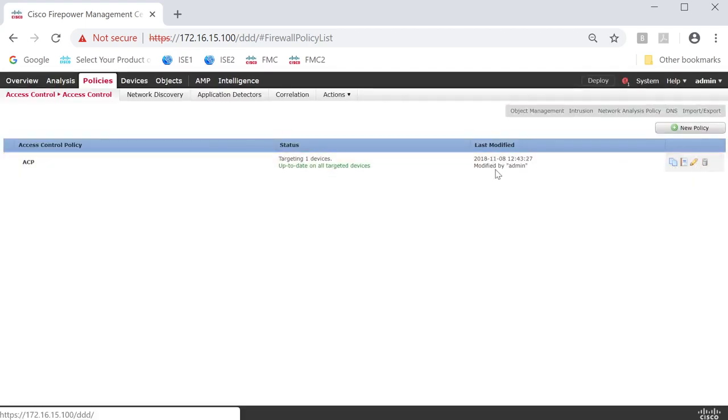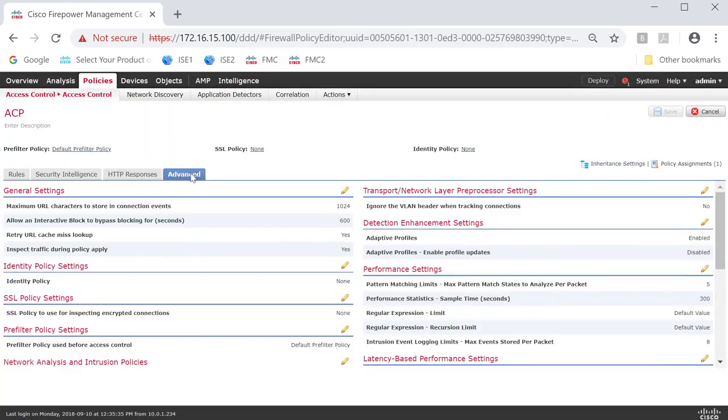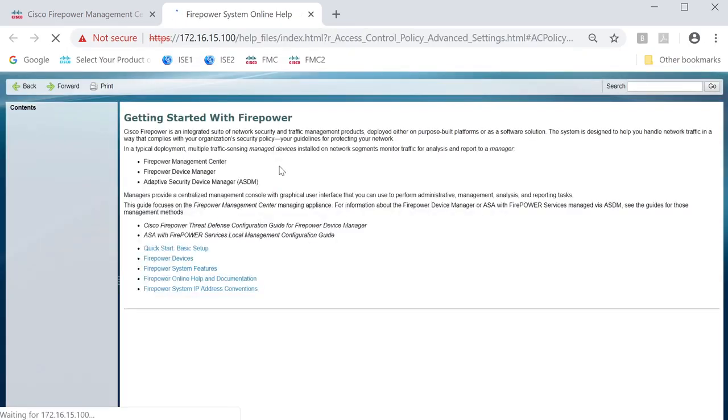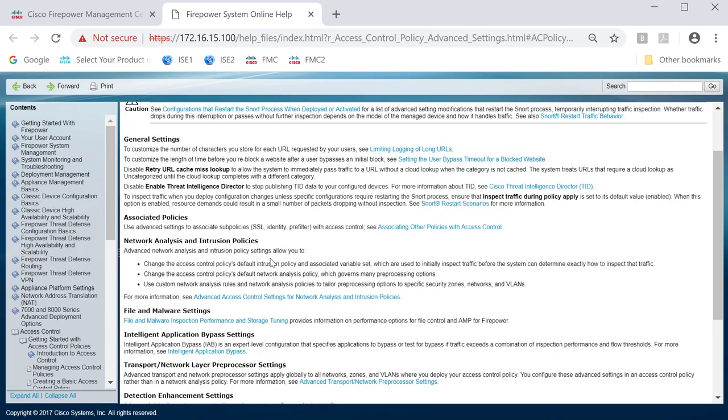Okay, so I'm going to edit the policy. And then we will go under the Advanced tab and General Settings. It's going to be this option here. When I say that I want to edit this, and you hit the question mark here, it should move us to the local documentation, to the online help system, and it's somewhere here. It should explain what this option does. It's over here. It says disable this